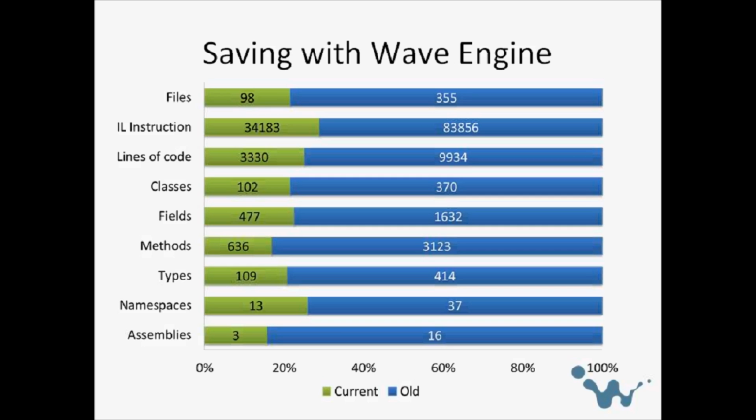The main reason for those numbers, we will explain a little bit more later, has to do with the architecture of WaveEngine. It's based on components instead of inheritance, which was how Bye Bye Brain was done with XNA. And this style of programming allows code reuse, so the numbers can decrease a lot.